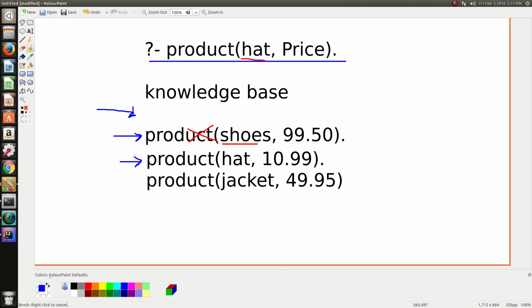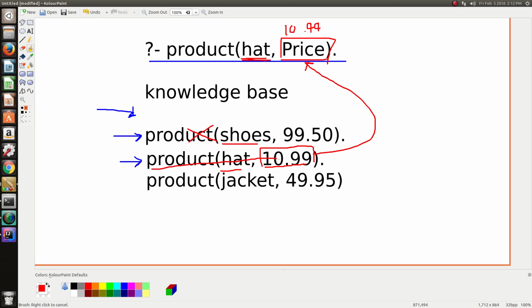Then it will come to this line, and again it will look at the corresponding arguments. So argument 1 is hat and hat, so these are the same thing, so they match. And it will look at argument 2, does the variable price and $10.99 match? Well, there's this rule in Prolog that says that a variable can be bound to any value for the purpose of making them both equal each other. So in here, Prolog's allowed to take $10.99 and shove it in the price variable. So now $10.99 is here,